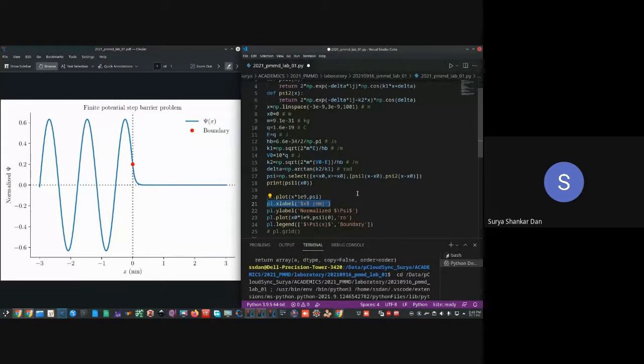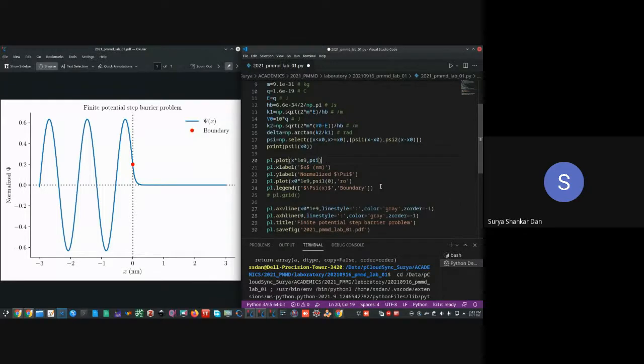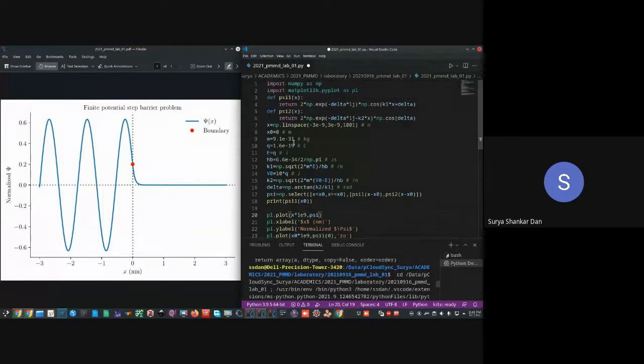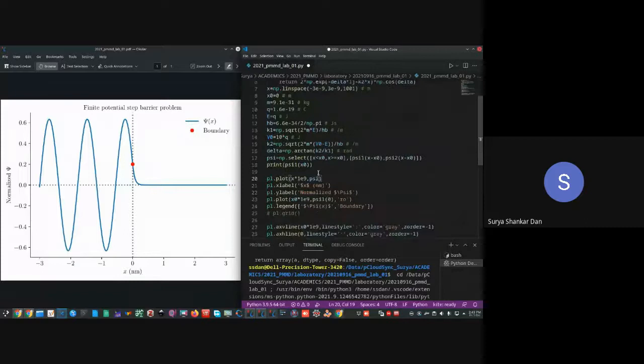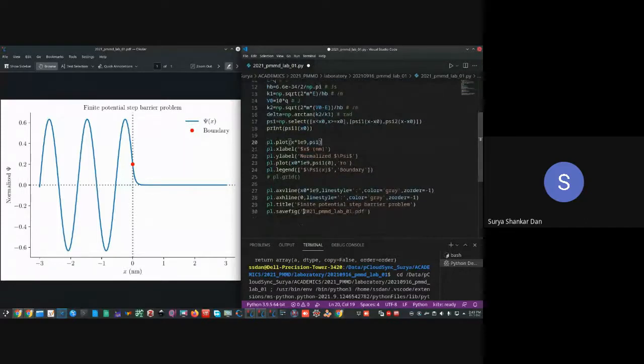So the moment I put nanometers in the plot, I need to show it in terms of 10 power minus 9. Okay, and then I have plotted the value of the psi function in the plot. Now in the y label, I have to put normalized, clear, because I have omitted this capital A value in the original functions. Okay, now I think the rest of the things are very simple.